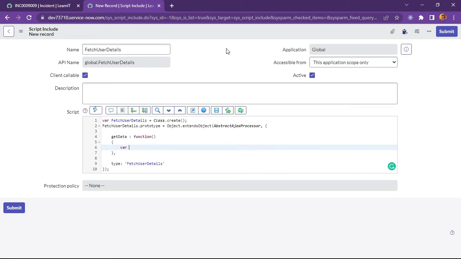Okay, now we will fetch the user from this.getParameter. So I will fetch the parameter. The parameter will be coming from the onChange client script. So I will show you after creating the script include how we can call this script include in our client